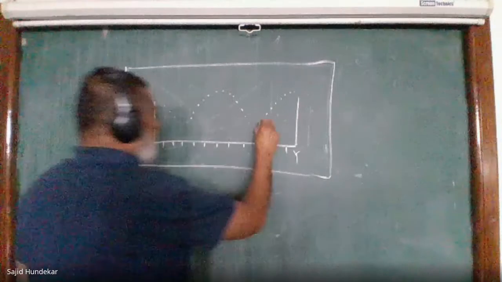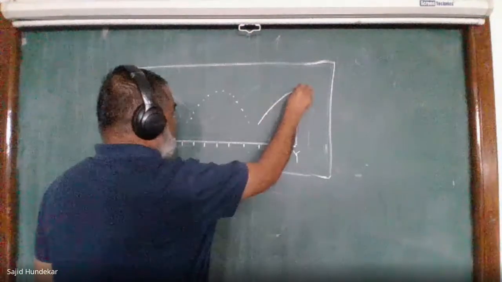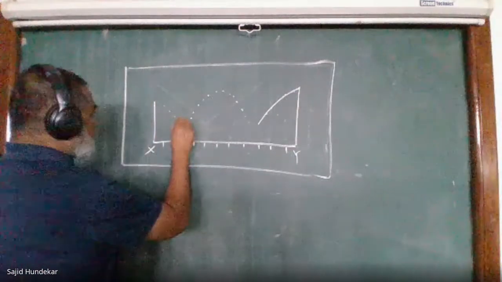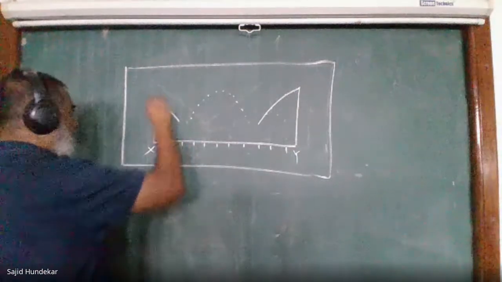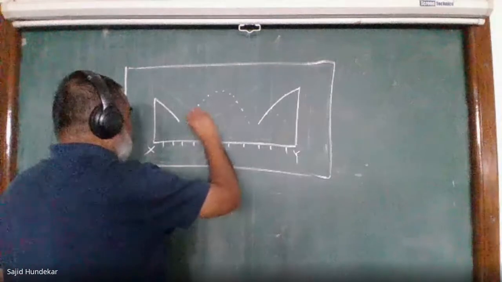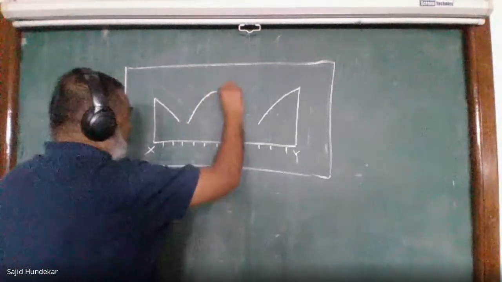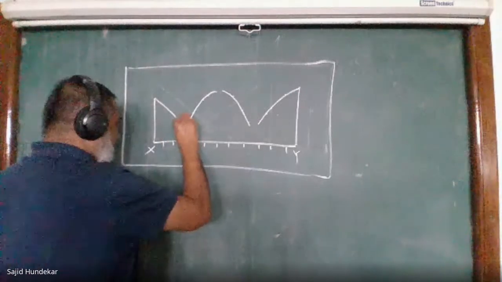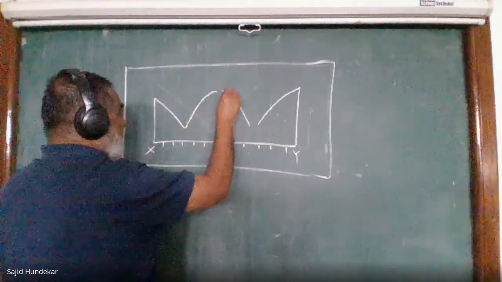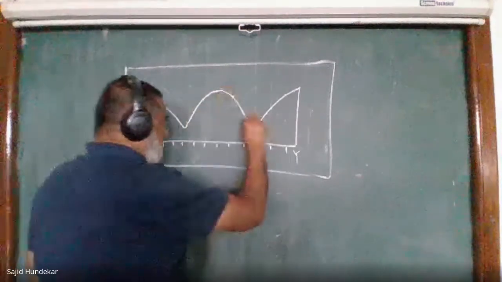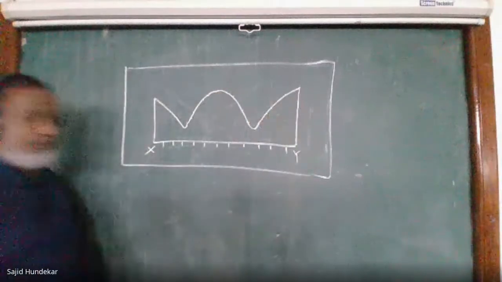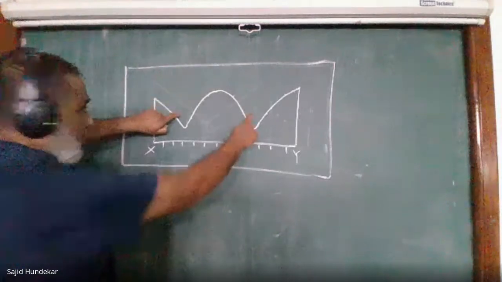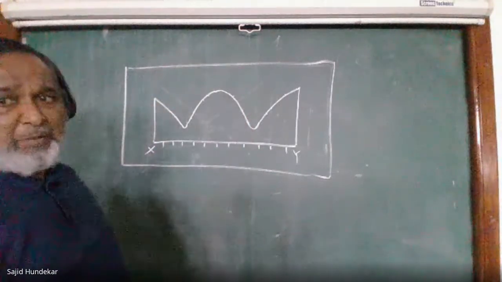And now with free hand, you have to join and make a profile from here also. Join the profile, same point, same elevation, join, and this is also joined. And now, wherever the equal points are there, make a proper turning point. And now, this is your profile. So the spur will be in the center, there will be two values. So this will be your section.